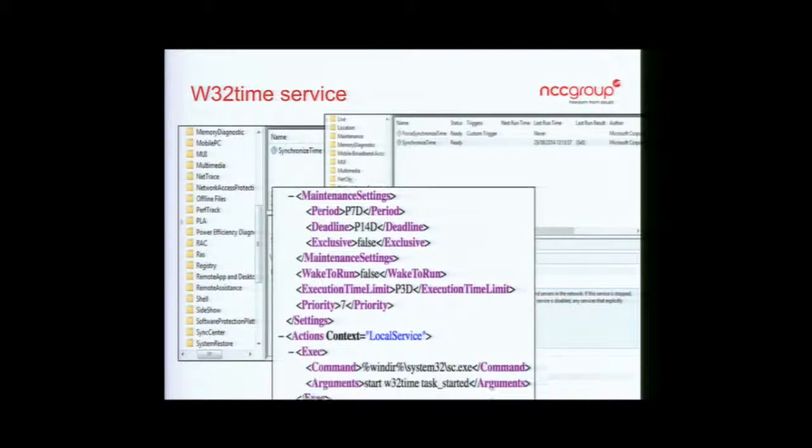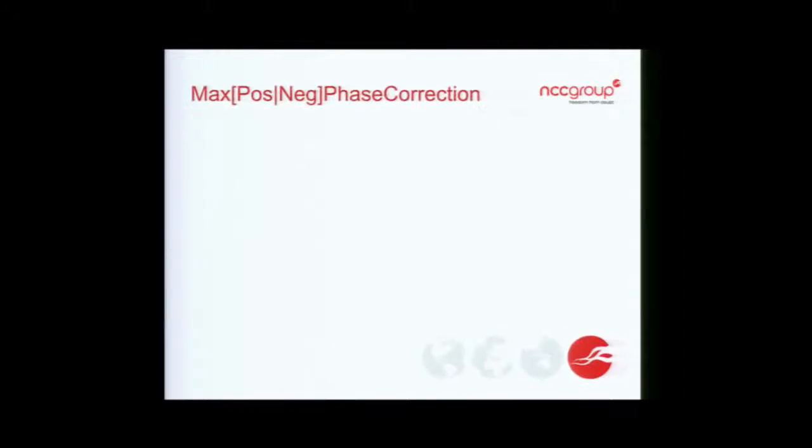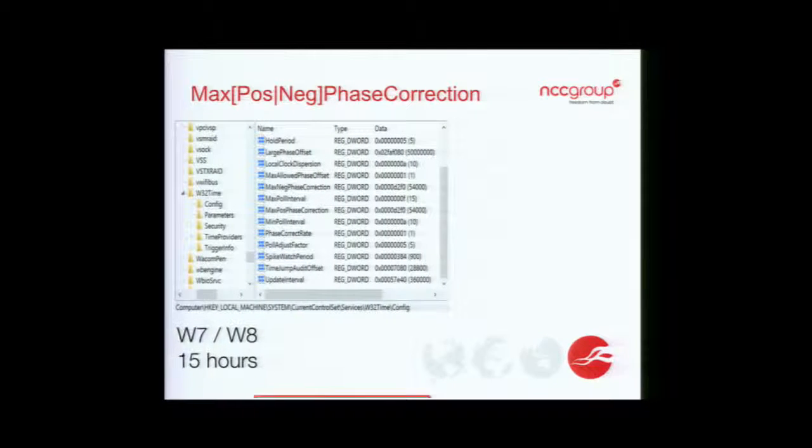This is the server. If you look at the task schedule, you have the W32 time service, that is the service that is doing this synchronization, and you can see that it happens once a week. Okay, this 15 hours value is not something that is hard coded. It's a value that is in the registry, and it's different in different